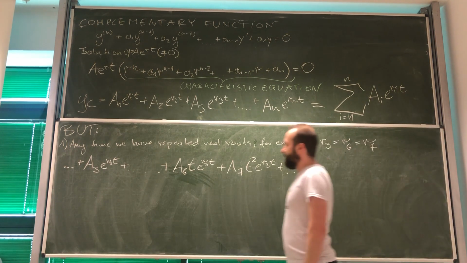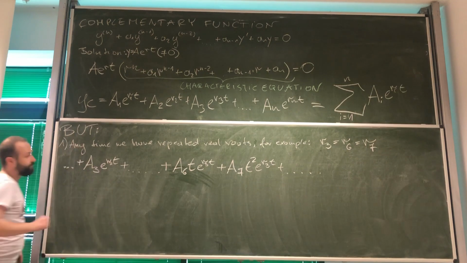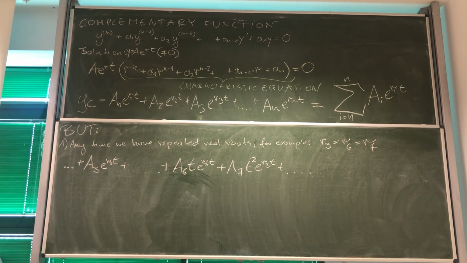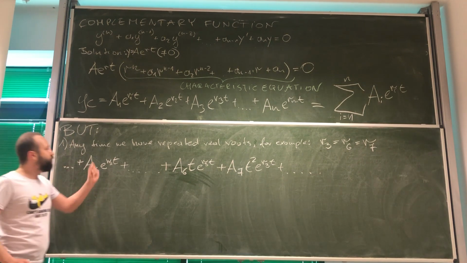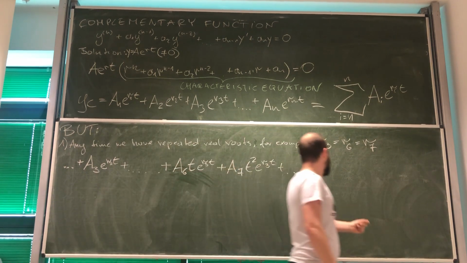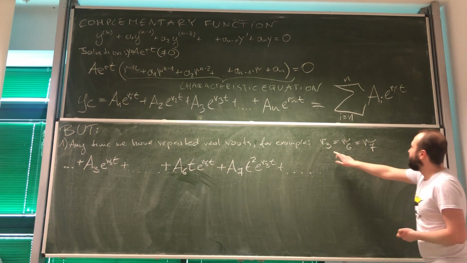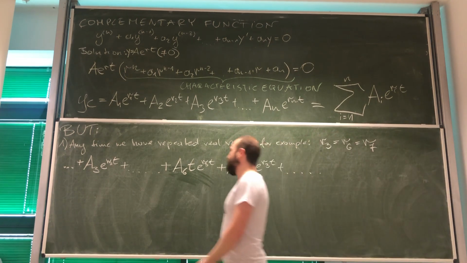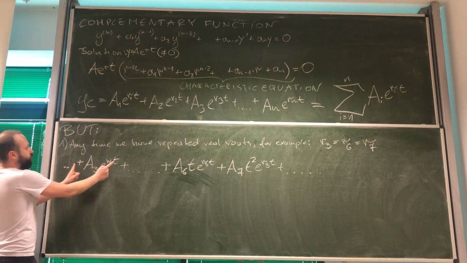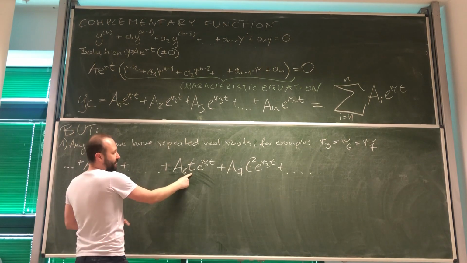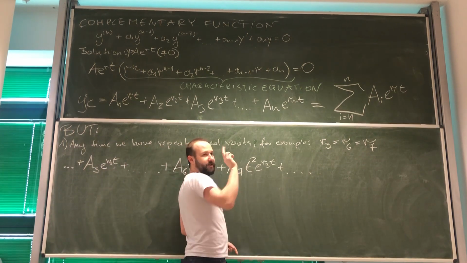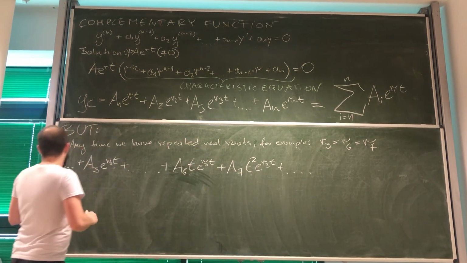Okay, so now we know what to do when we've got repeated real roots. All we've got to do is, for each repeated root, like here it's three times, first we put it in the regular form, then we add one t, then we add t squared, right? Now,